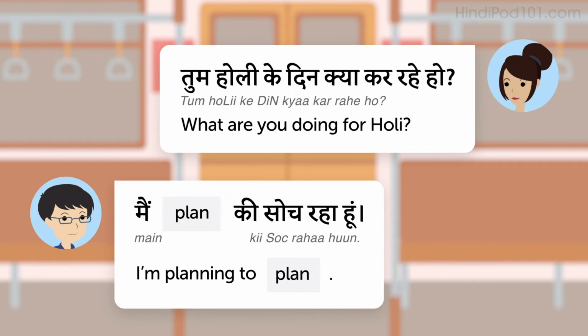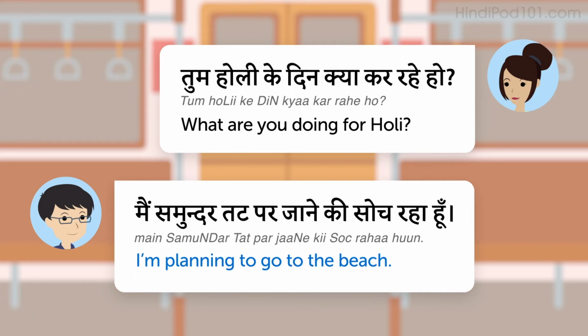The pattern is, मैं plan की सोच रहा हूं। This Hindi sentence literally translates as, I plan of think or am. But it means, I'm planning to plan. For example, I'm planning to go to the beach. मैं समुंदर तट पर जाने की सोच रहा हूं।